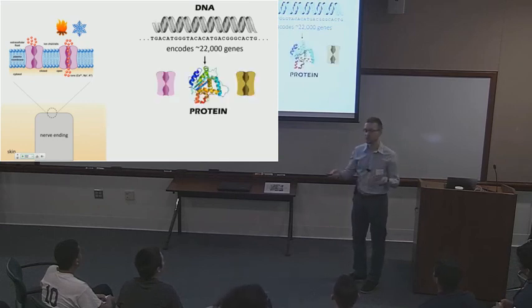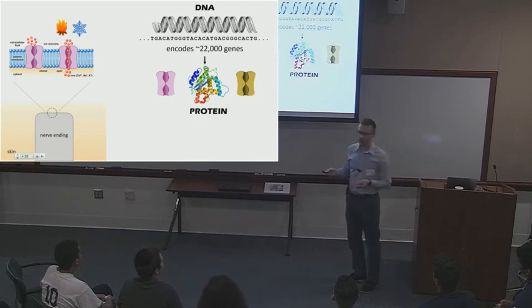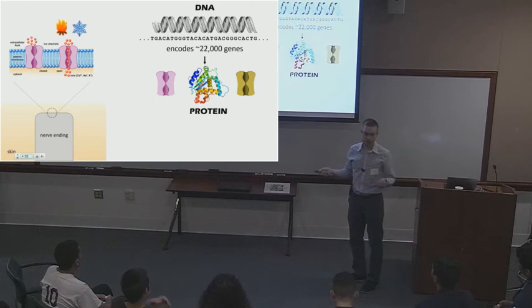And now one of the biggest questions in biology is to identify what protein does what, which can be opened by warm temperature, which can be opened by cold temperature. And this is very important because if you have a problem with one protein, you can get really sick. For example,